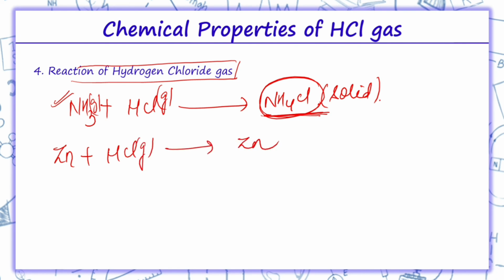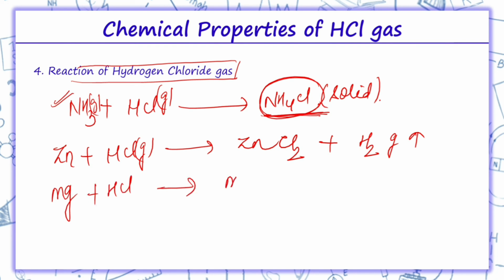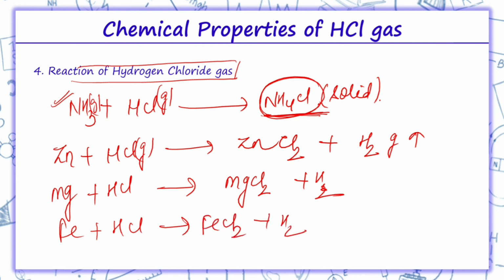Metals, when they react with acids, that is HCl, form ZnCl2 plus hydrogen gas is evolved. Similarly, magnesium reacts with HCl to form MgCl2 plus H2 gas. Fe plus HCl gives FeCl2 plus H2 gas. This is a simple displacement reaction which takes place between a metal and an acid. If the metal can form two chlorides, usually the lower chloride is formed, as in the case of iron.